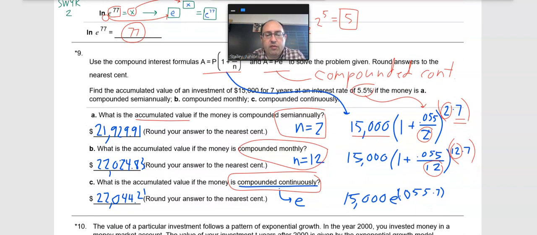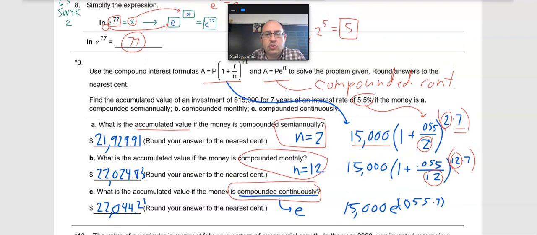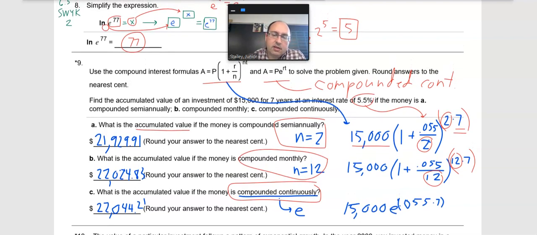The last one is the Pert formula, right? It's a nice, clean, shampoo-like formula. I don't know if you guys even know what Pert shampoo is. That might be an old brand. Anyway, so